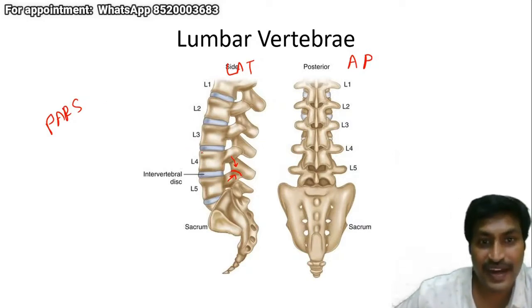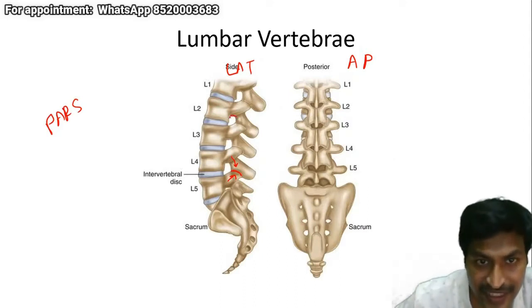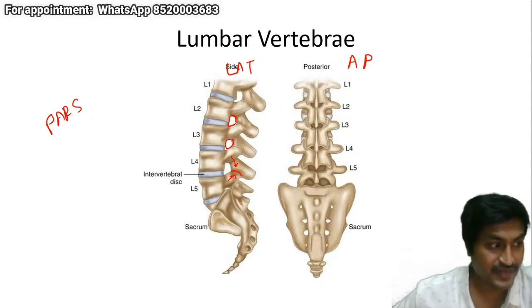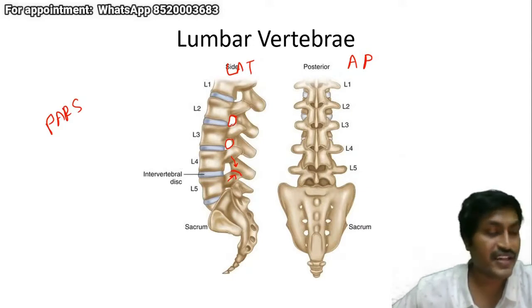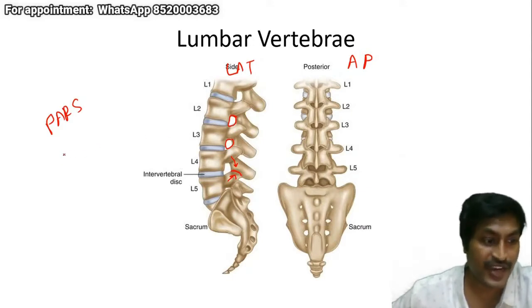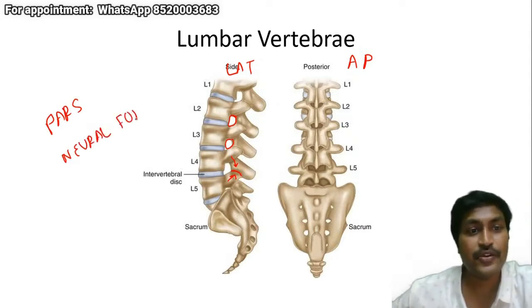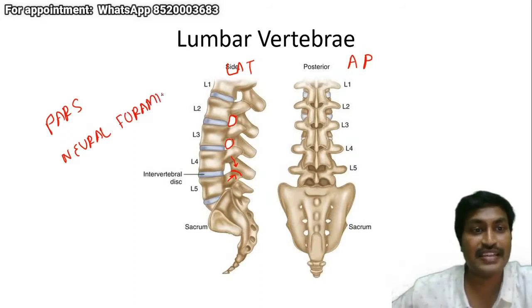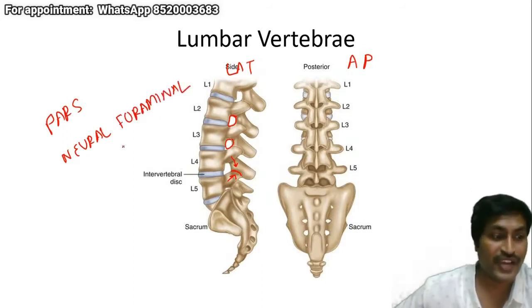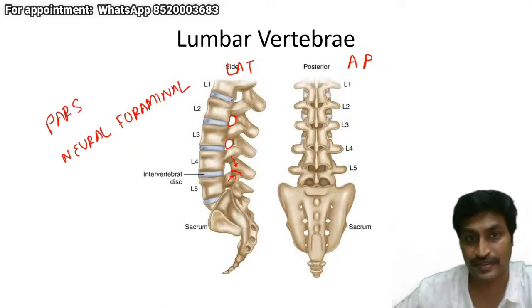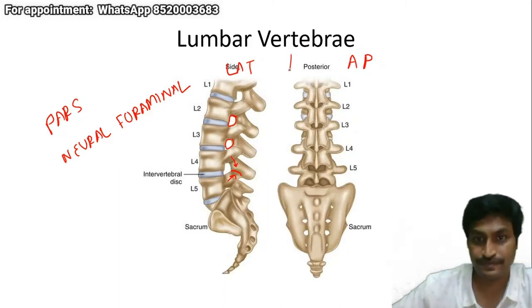Okay, once you have understood pars interarticularis, the next structure which you have to recognize is this hole-like structure. These holes. These are known as the neural foramina. Through the neural foramina, we have the spinal nerves which come out. So you will have to identify the neural foramina also. All the structures which I am telling you have a radiological implication, and you will see in the next portion. So unless you identify in these pictures, you will not be able to identify in the MRI pictures also.